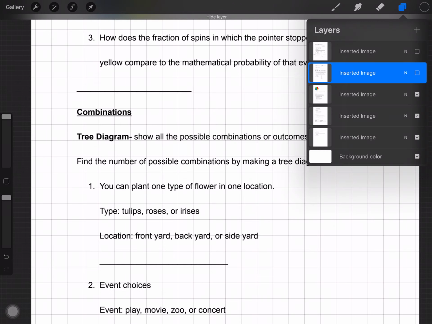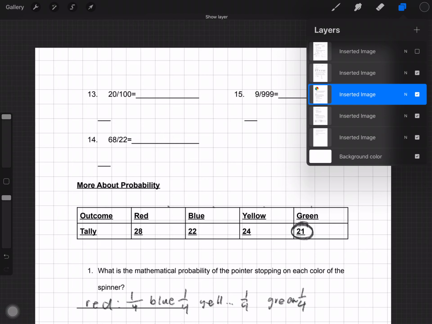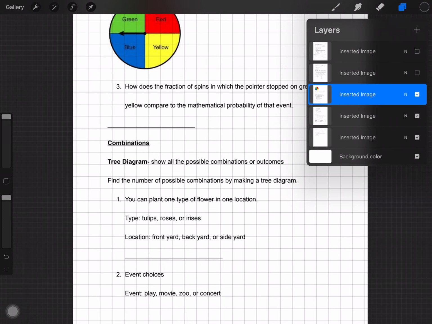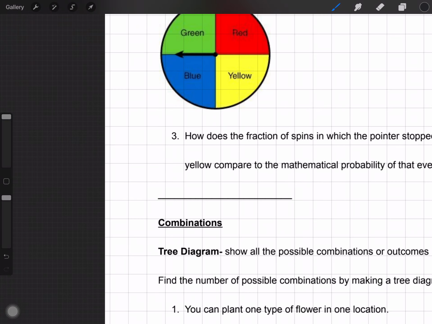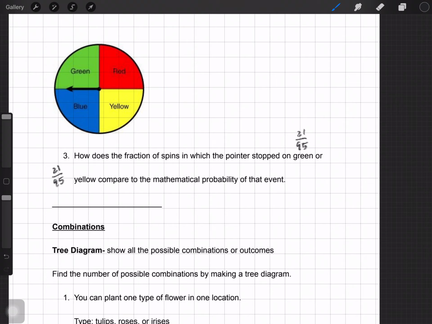Okay, so moving on, this one gives a picture of the spinner, and it says, how does the fraction of spins in which the pointer stopped on green or yellow compare to the mathematical probability of that event? So we're looking at these probabilities here. So we have 21 over 95 and 24 over 95. Okay, so we're trying to compare 21 out of 95 and 1 out of 4, and 24 out of 95, 1 over 4. So by doing this, we could use a calculator here